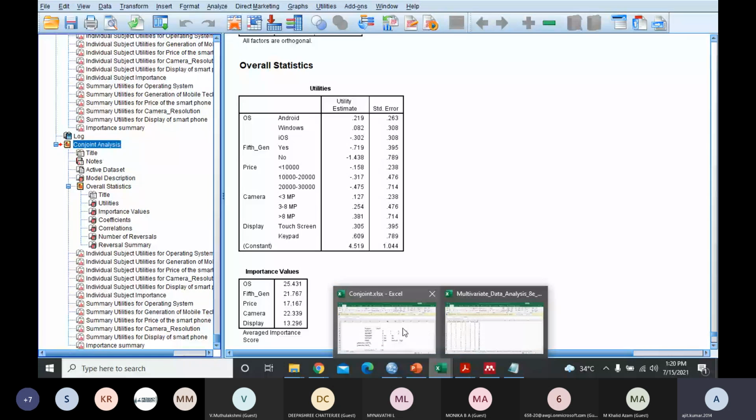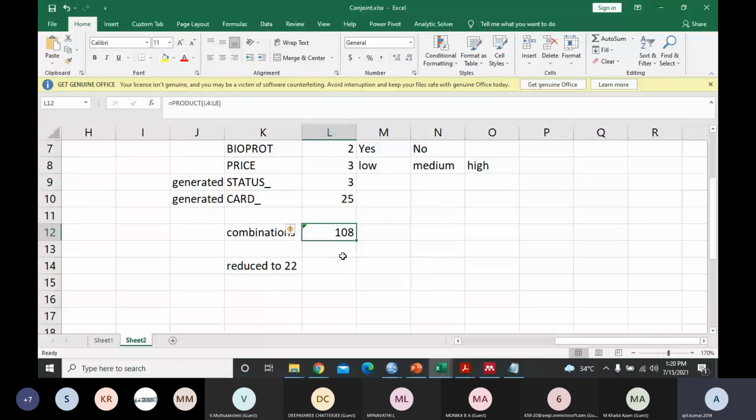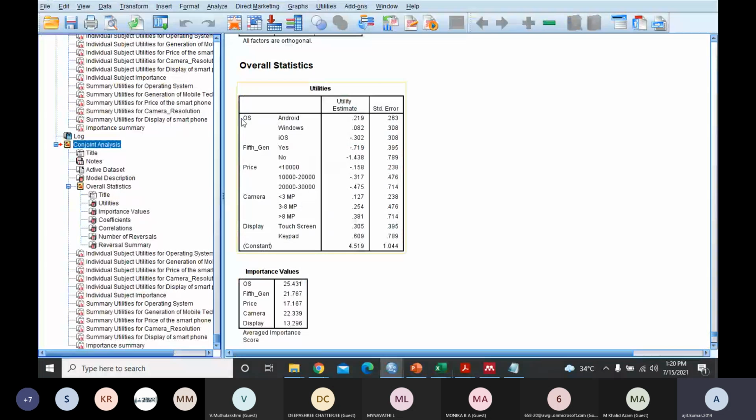We calculated 108 or even more. So using just these 22 ranked combinations, based on consumer preference, we are able to calculate the total utility value of all these 108 combinations. Now, which particular smartphone or product are we going to manufacture, which is more preferred by consumers? That is the kind of decision we can take.